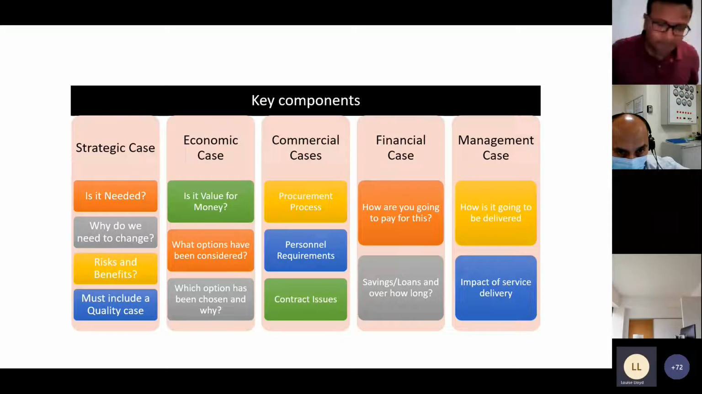So we talked about the strategic case. Is it needed? Why do we need to change? Some of the risks and benefits, and it has to include a quality case. You have to show that it improves quality. The economic case is all about your choices and what options there are, what option has been chosen and why. I'm going to briefly miss out the commercial and financial case, just for a second,